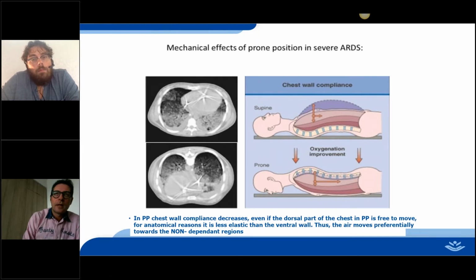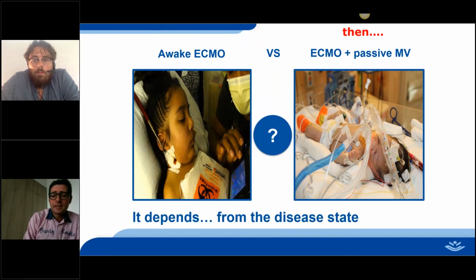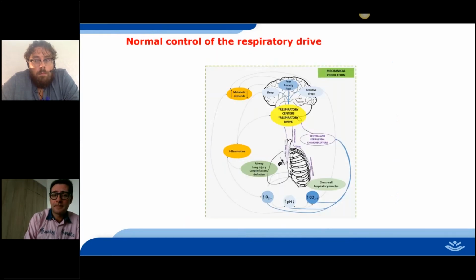After that, whether we use prone position or not, what do we have to do with this lung? Do we have to awaken our patient, or do we have to keep a passive ventilation during ECMO? Honestly, it depends on the disease state and the phase of ARDS. Let's say that we are in an early phase when the lung is very heavy, and let's consider that normally